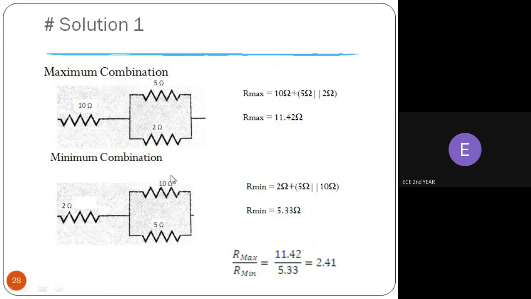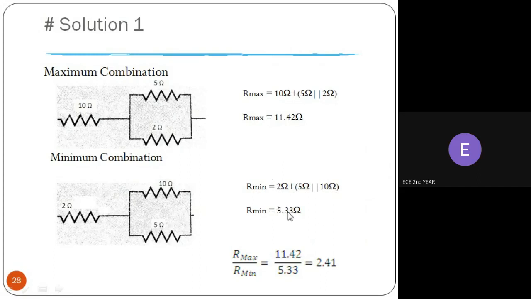The maximum value of these three is 10 and the next is 5, so we connect these two in parallel so that we can get the minimum combination. So R minimum is equal to 2 plus 5 parallel 10,